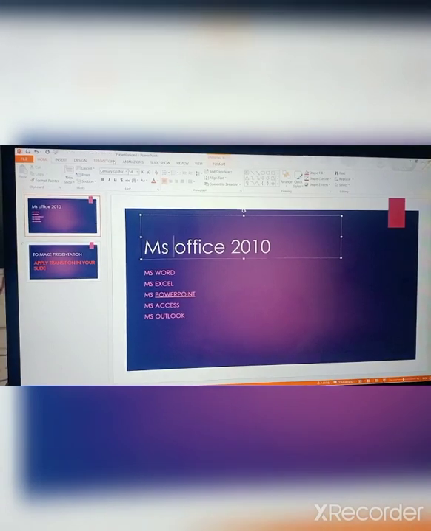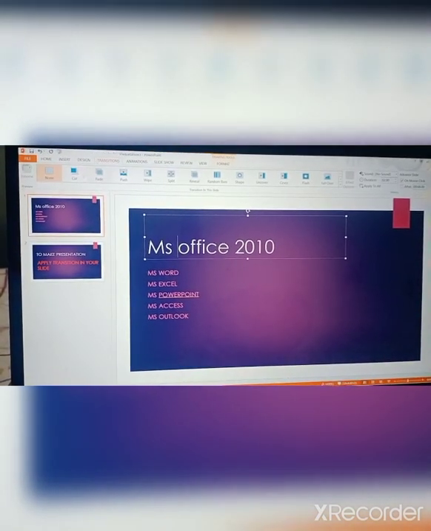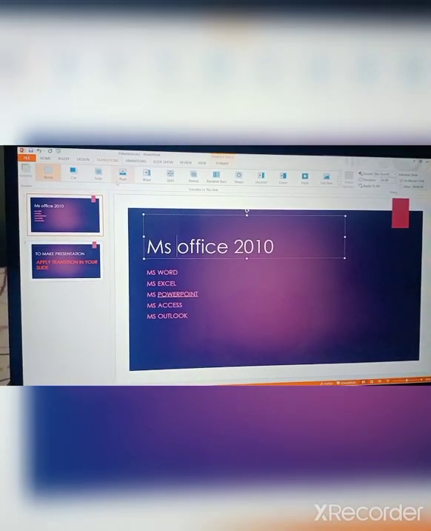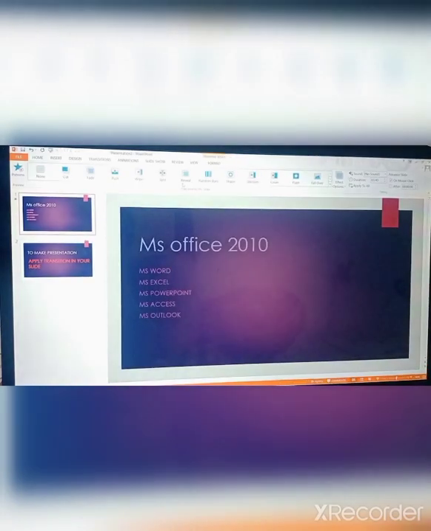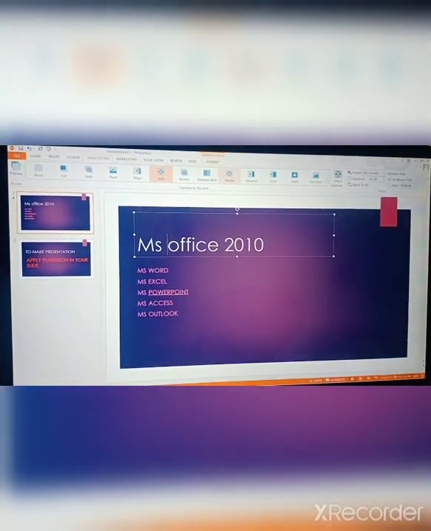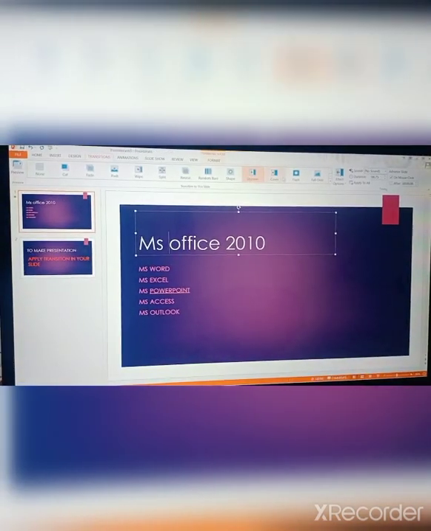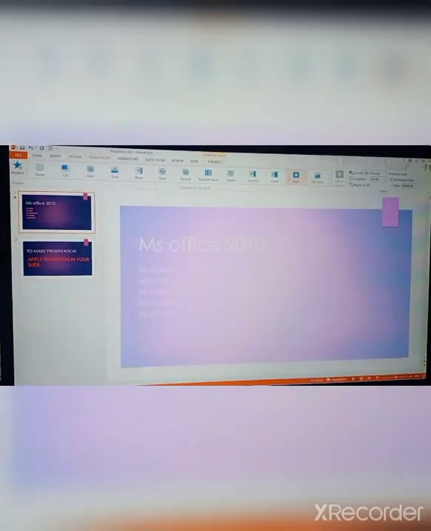Okay, go on the transition tab. I click on the transition tab. Look here, there are more options available like push, wipe, split. Click on reveal. It will look like this, reveal. If I split it here, it will split the transition. If I click on uncover, it will uncover the transition. If I flash it, it will flash it.